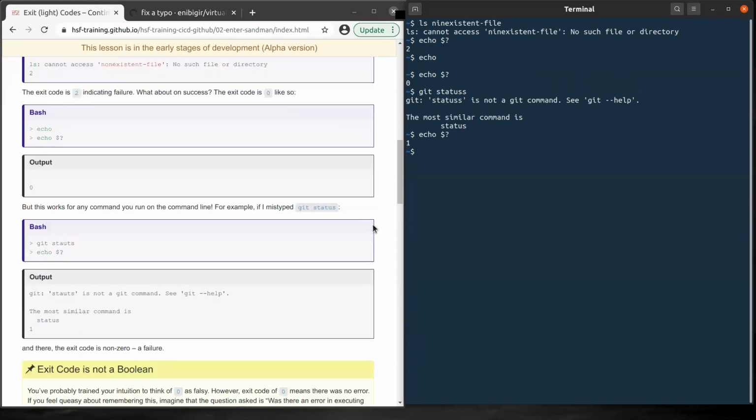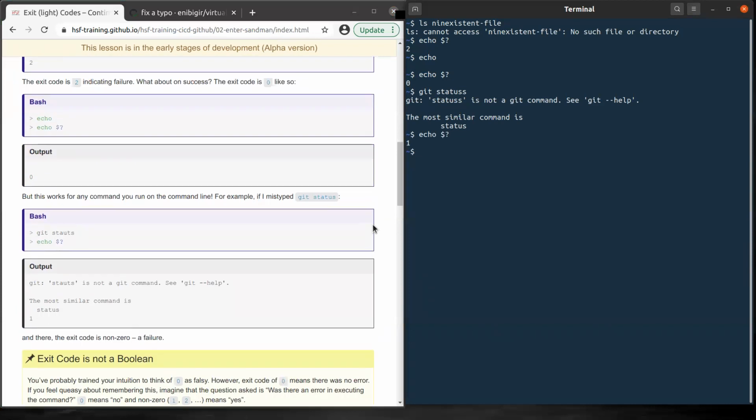So what we can learn from this is that if there is a failure, you will also have something different from 0. Maybe you think the exit code is about failure and success, and so it should probably be a Boolean, but it's not the case, as we saw in those examples.